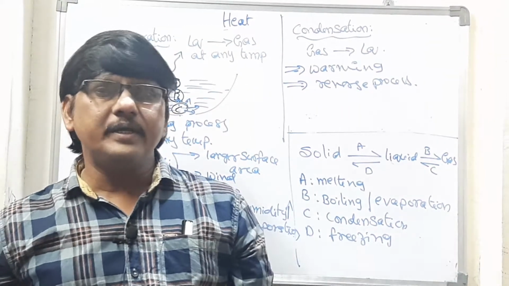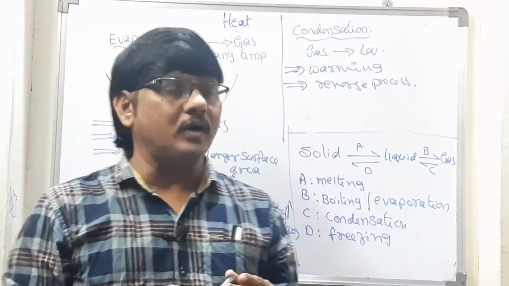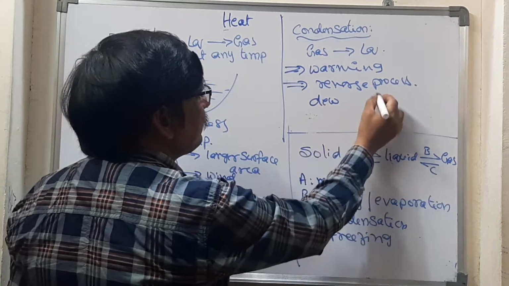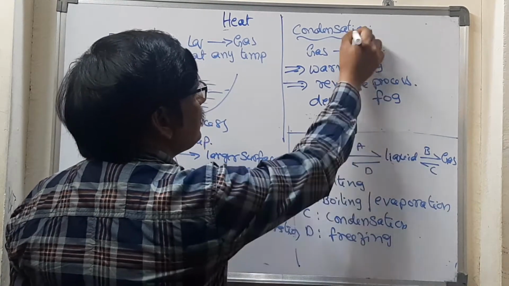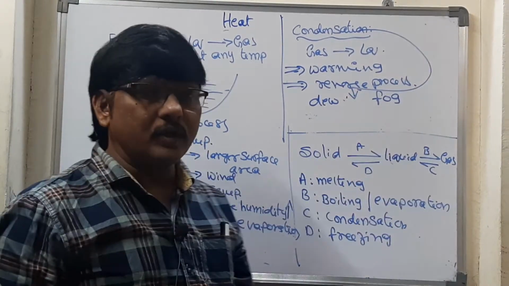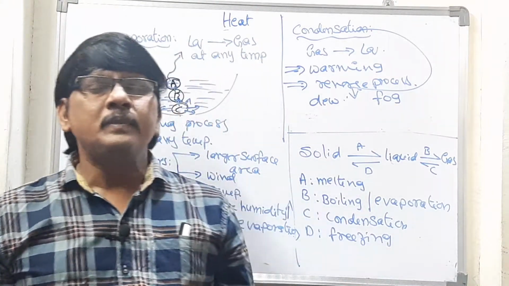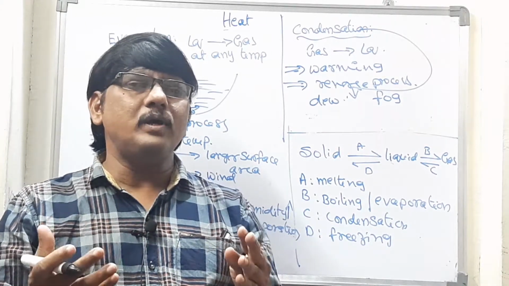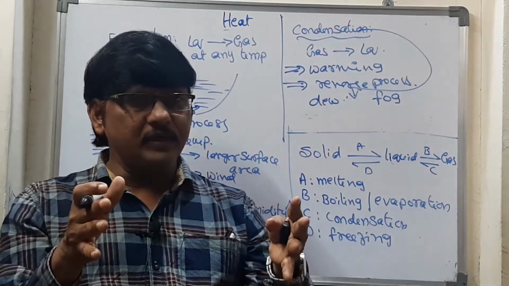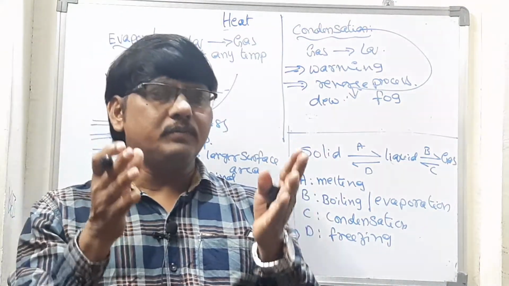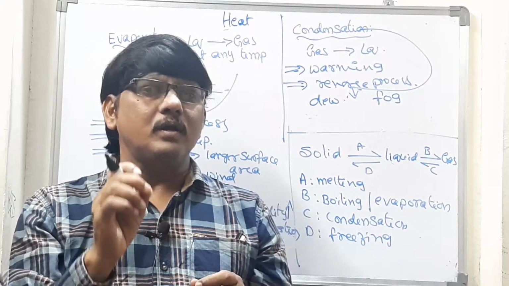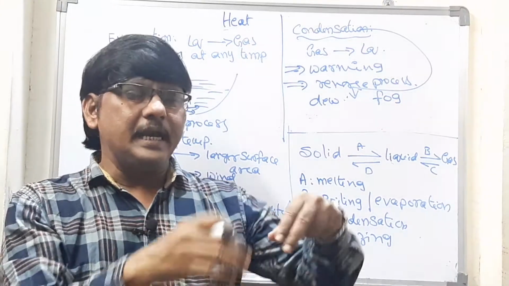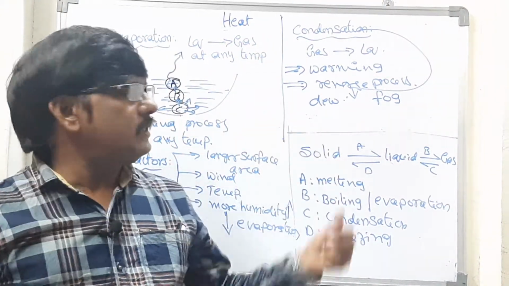And what else can we take? Two words: dew and fog. These are examples of condensation. The first one is dew and the second one is fog. Both are applications of condensation. When the temperature goes down in the winter season, the water vapor present in the atmosphere becomes cool. Then it becomes water droplets on window panes, on leaf edges, and at the edges of vehicles kept outside. That is what we call dew.